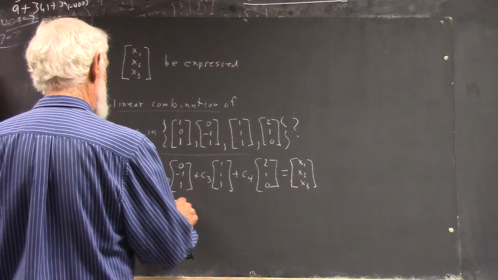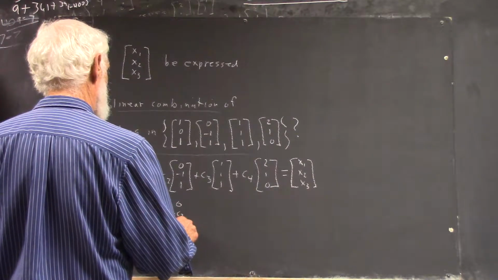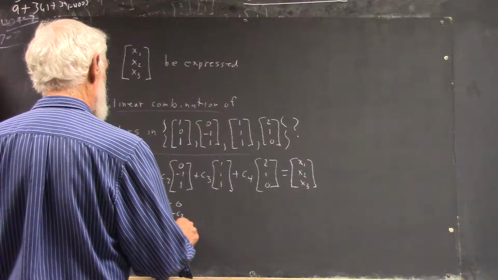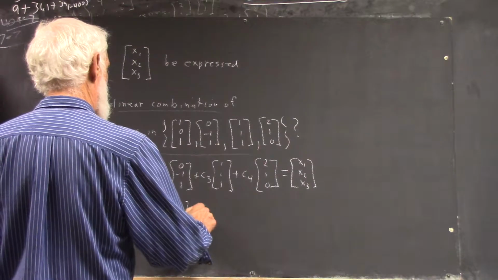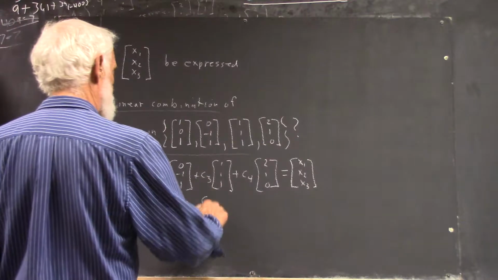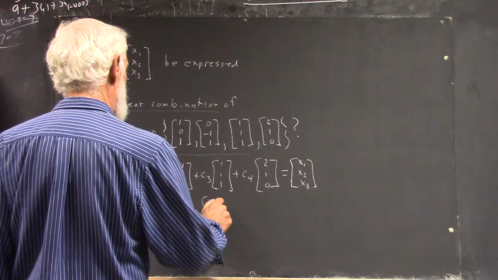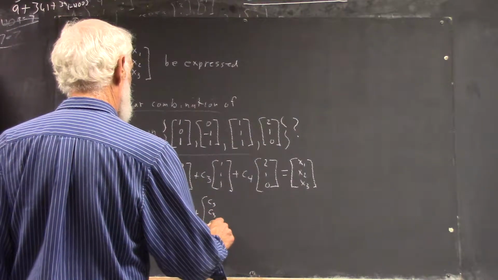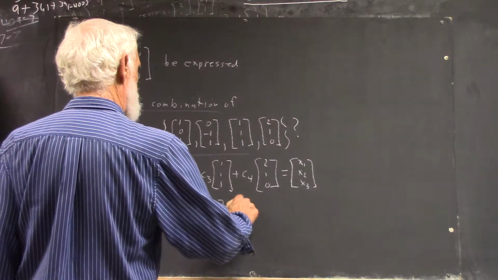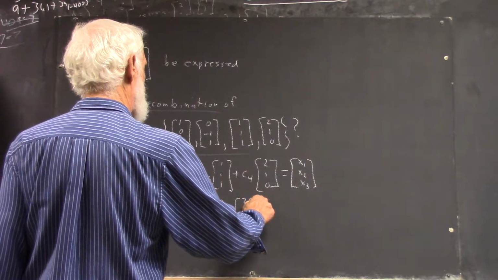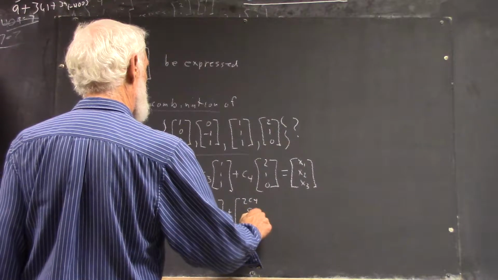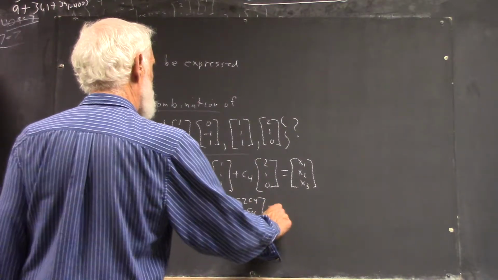Then we get (0, -C2, C2), then C3 times (1, 1, 1) gives (C3, C3, C3), and here we get (2C4, C4, 0)